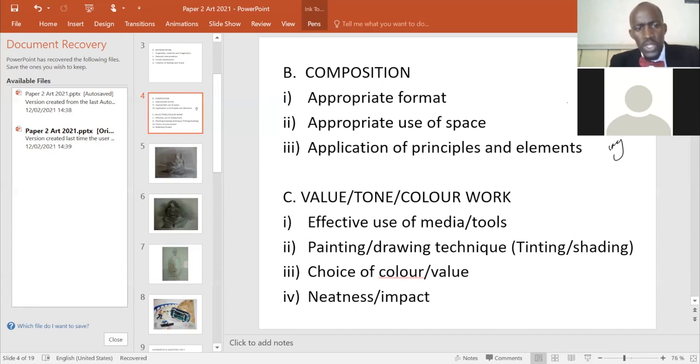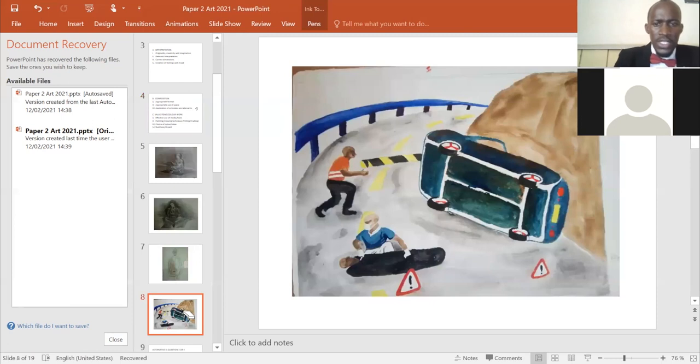In most cases, when you use dull colors for the forms in your composition, and again you use a dull color for the background, what happens is that the forms in your composition will not clearly come out. For instance, if you look at this particular painting by a student,